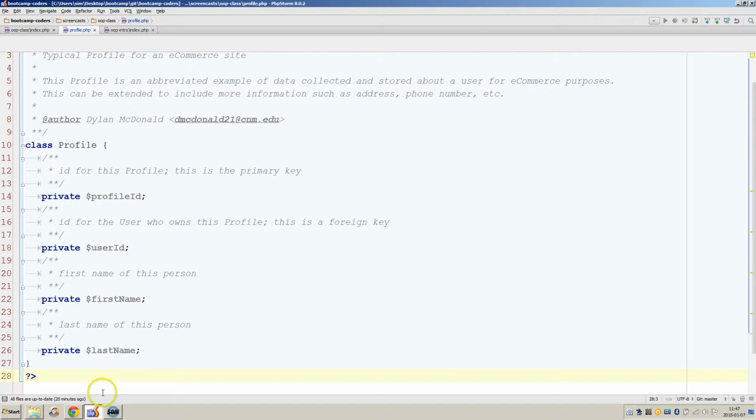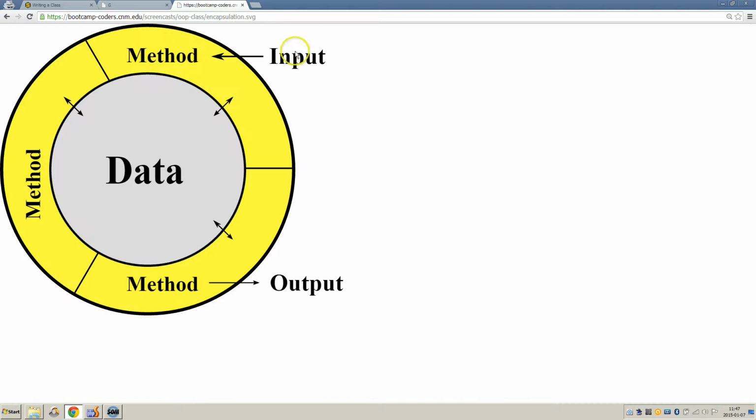Now, going back to the idea of encapsulation, we have pretty much right now circled out our data. But all we have is data. We have no layers of methods protecting anything. We don't have these yet. So we're actually going to create for the data and